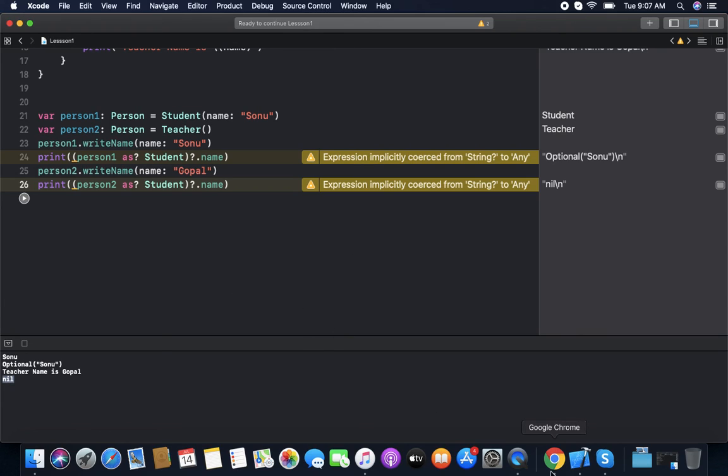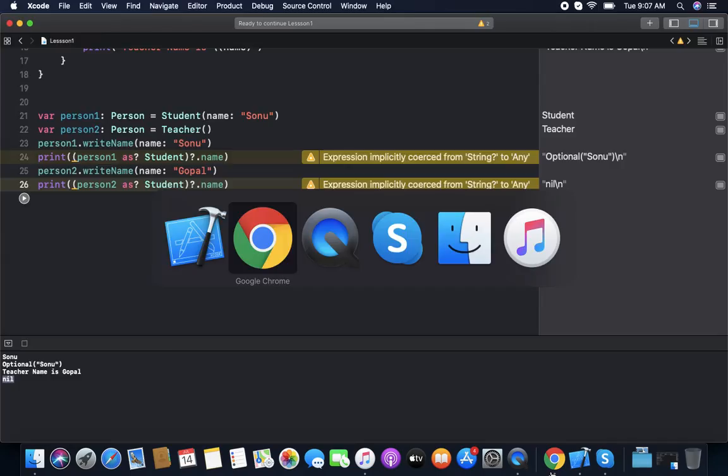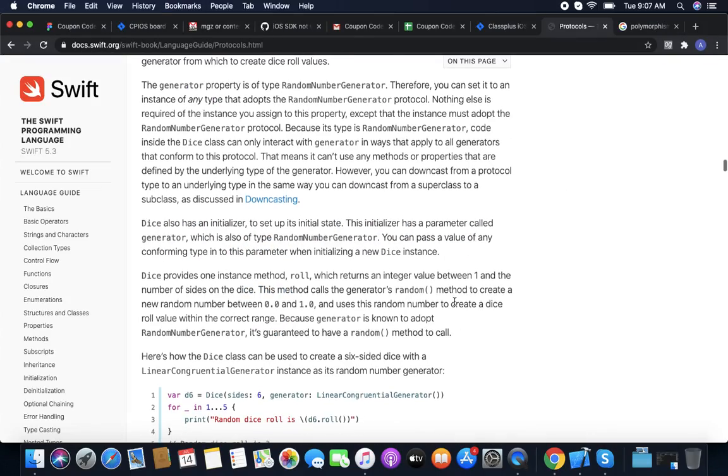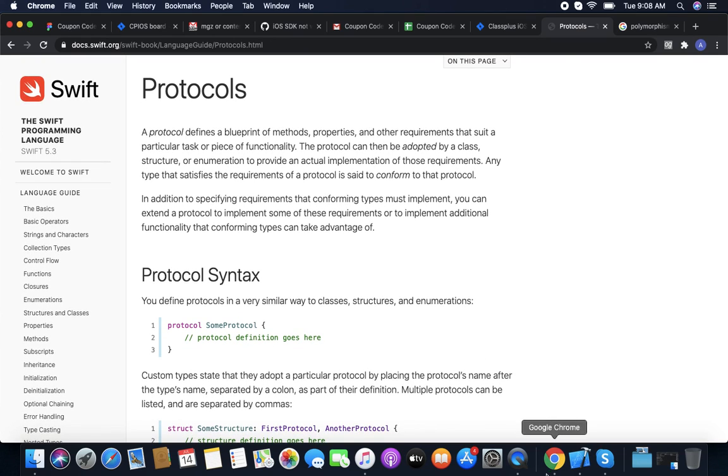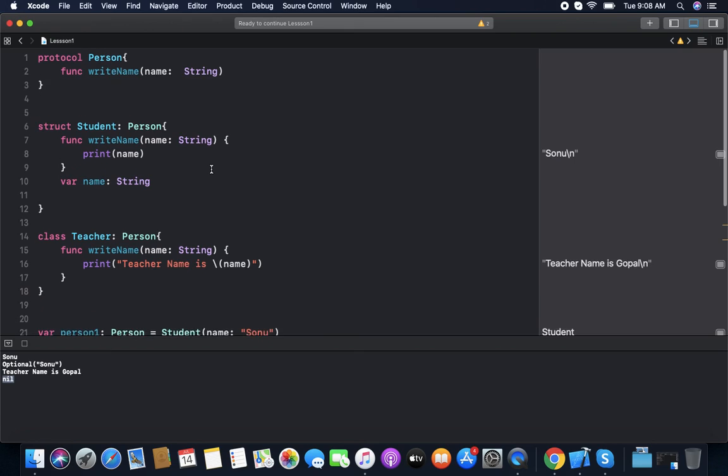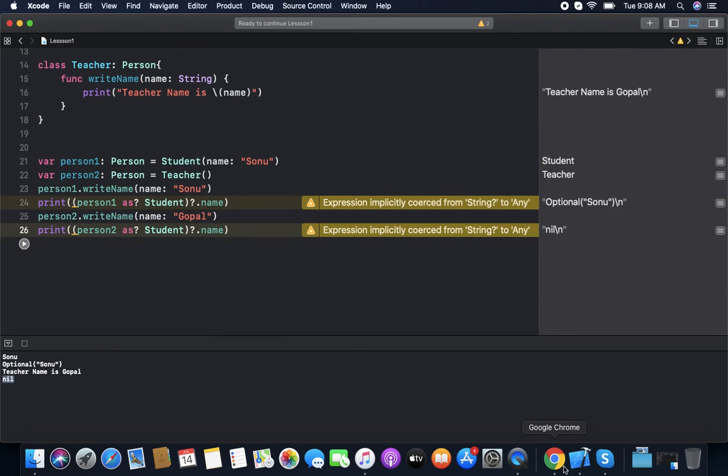So that's it about protocols. Revising the topics, today we first learned polymorphism. Polymorphism means one function or one thing with many forms. It has two types: overloading and overriding.